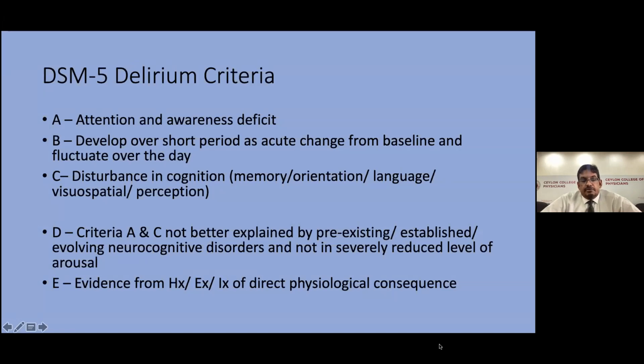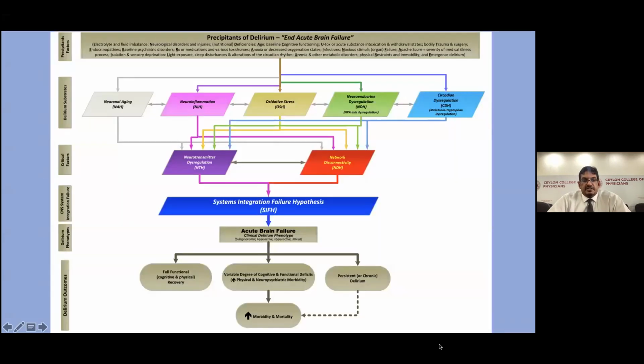And also, we need to be wondering whether there are any secondary causes or underlying causes giving rise to these pathological manifestations, which would be harnessed by a history examination or by investigation. This is a complicated slide. I'm sorry that certain words are in small print, but this is actually the modern thinking of